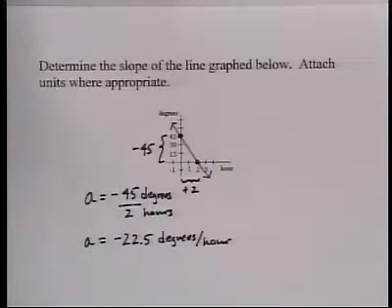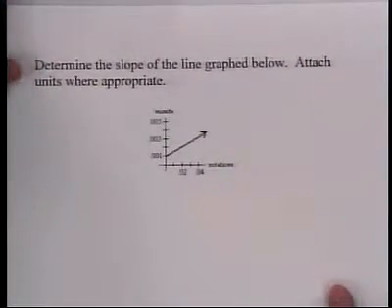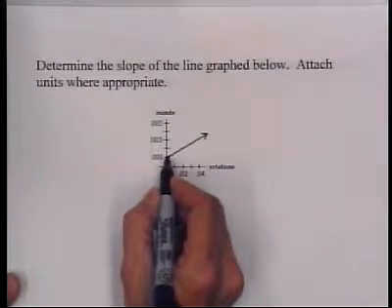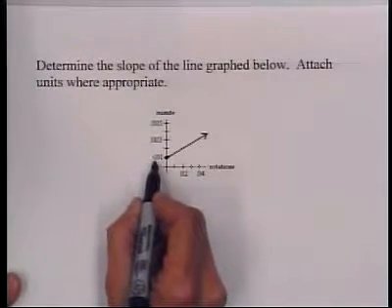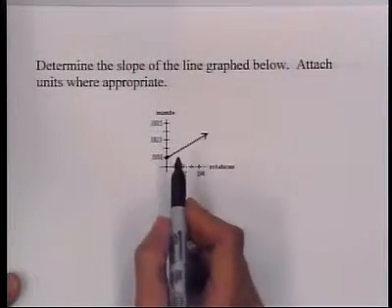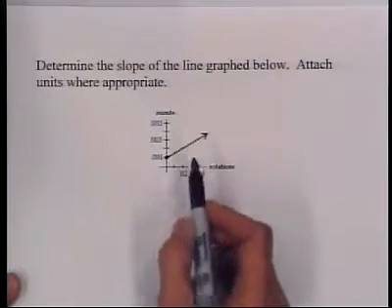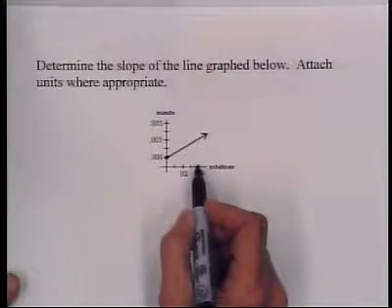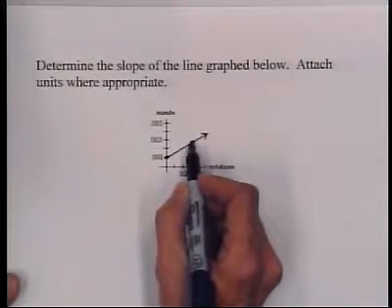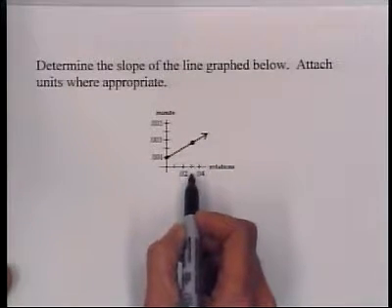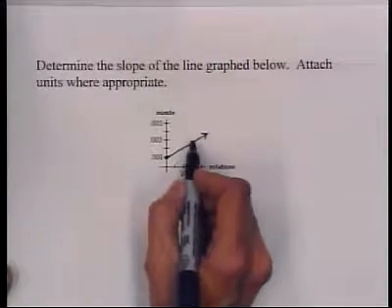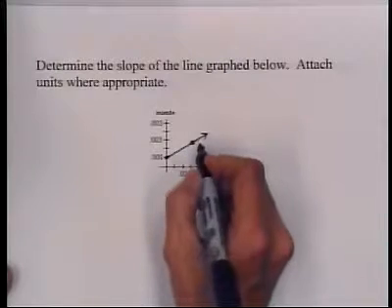Let's try another. Here we want to determine the slope of the line graphed below, and again attach units where appropriate. And here we can see that the line hits the vertical axis at 0.001 minutes and extends with positive slope to the right. We need to pick another point on the line that's convenient to use. Let's use a point maybe right here that corresponds to 0.03 rotations and close to 0.003 minutes. So I'm going to label it